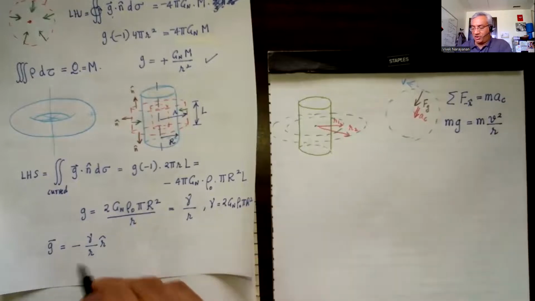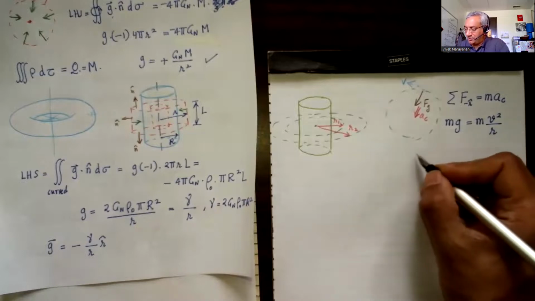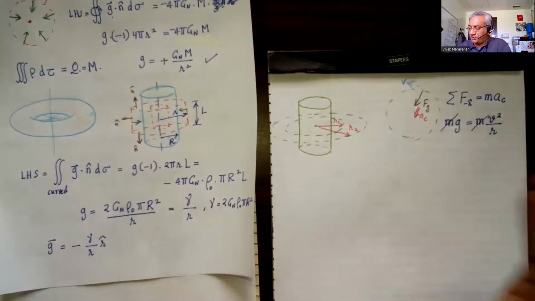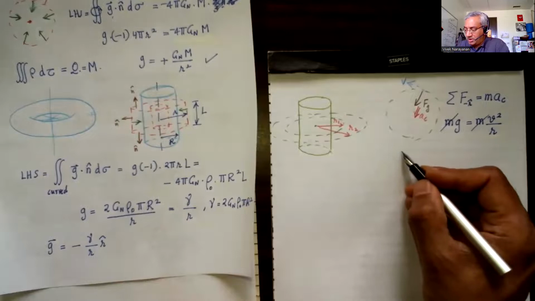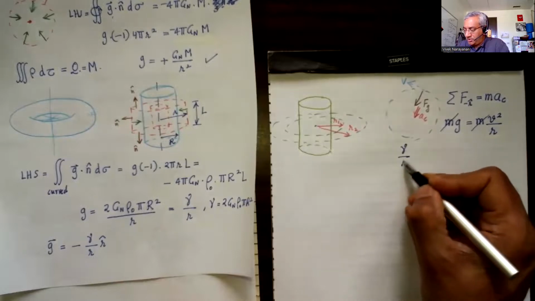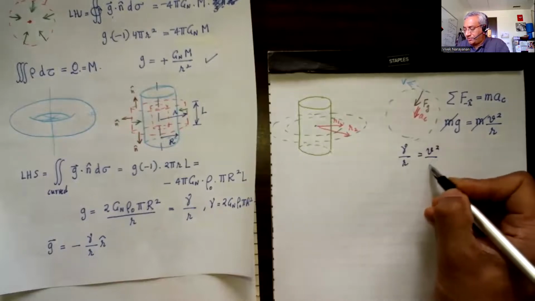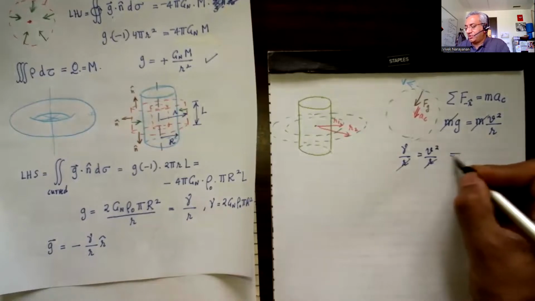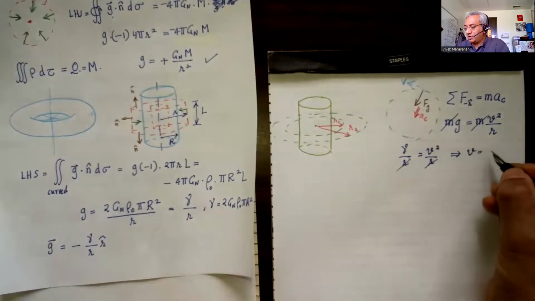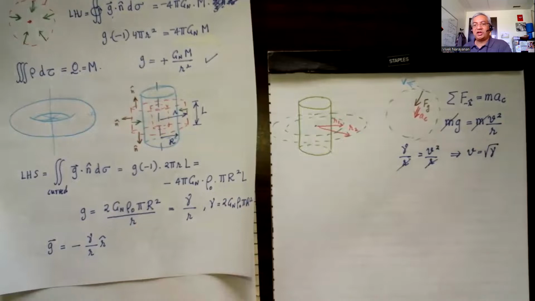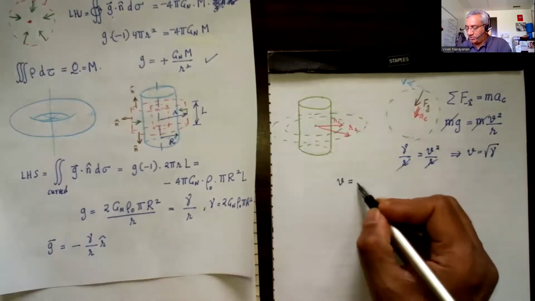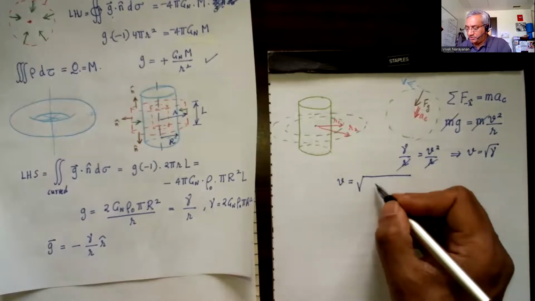G is gamma over r, magnitude. So that gives me, m's cancel out, notice. Doesn't matter who is orbiting. So I get gamma over r equals v squared over r. First surprise, the velocity is completely independent of radius. So the velocity is given by the square root of gamma, which is 2 G_n